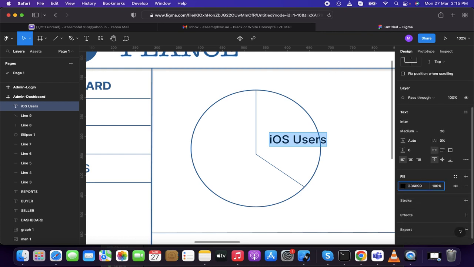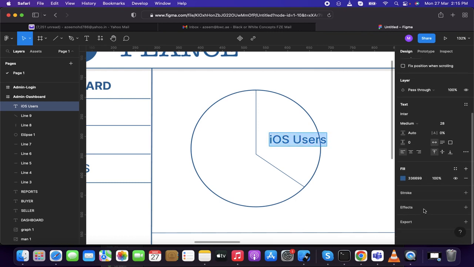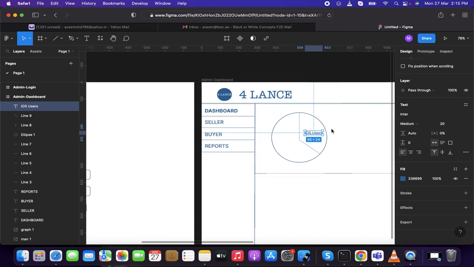Change the color, and then the size I'm going to reduce. Let it be, we need only 20. Okay, so this is for iOS users. I have here